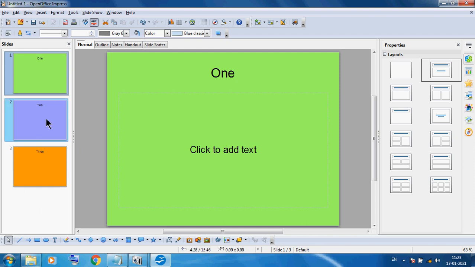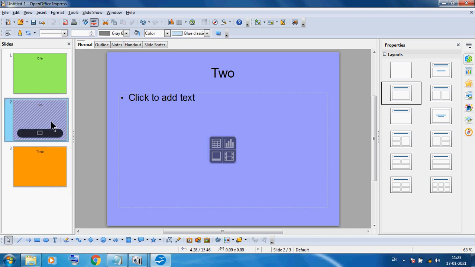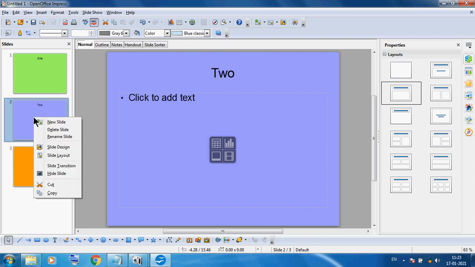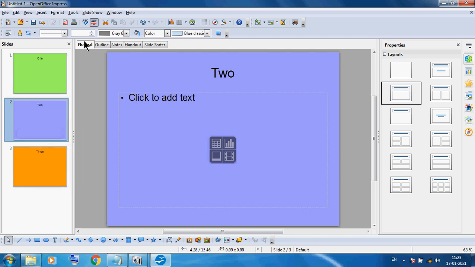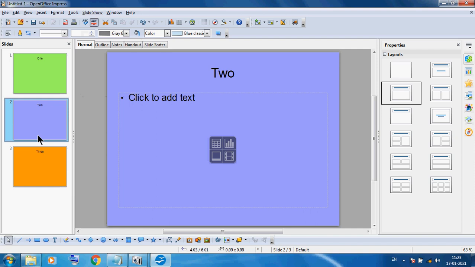We can perform this directly by selecting the slide. We can also use right click and here you can see the Hide Slide option. And again on right click, we can show the slide. So right click first to select, and we can use right click and show or hide. The same option is available here, and either we can use hide and show. So in the menu the Hide Slide option is also available. Here I am showing the slideshow options and how to hide a particular slide.